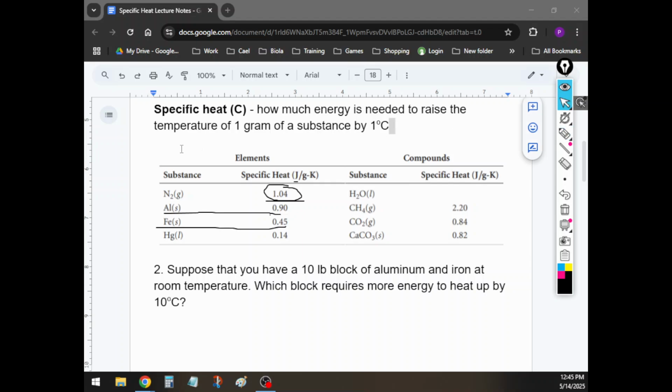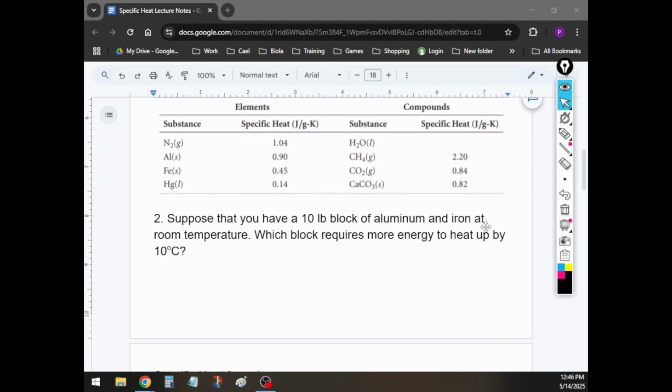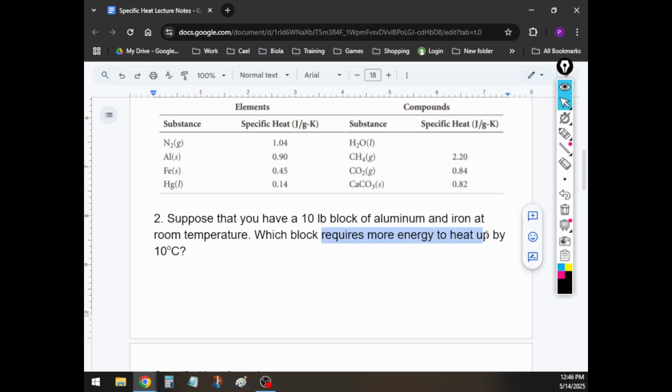Okay, so real quick, just to see if you guys understand the concept, on your paper, I want you guys to write the number 2, and just look at this table and write down real quick, what do you think is going to heat up faster, a block of aluminum or a block of iron? Take about 30 seconds, write it down on your paper, and write a quick explanation. Why do you think your choice is going to require more energy to heat up? Which one heats up slower? Take about 30 seconds to do that. Check with your neighbor just to make sure that you both understand, and we'll go over it in about 30 seconds. Alrighty, guys,